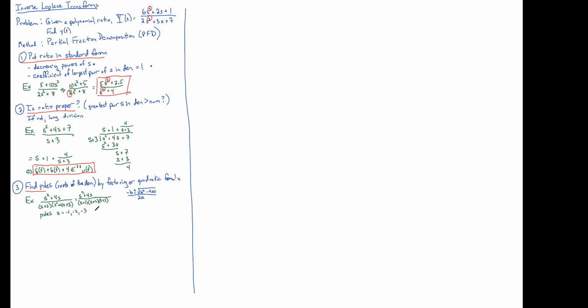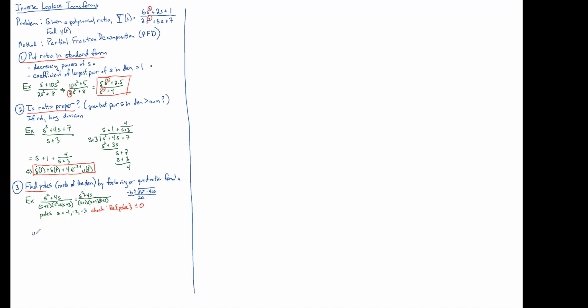Now at this point, it's a good idea to do a quick check. The real part of all your poles should always be negative, or possibly 0. They should never be positive. Now, there's 4 choices for your poles. The poles may be